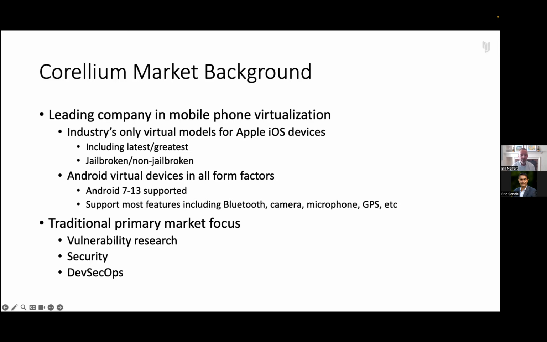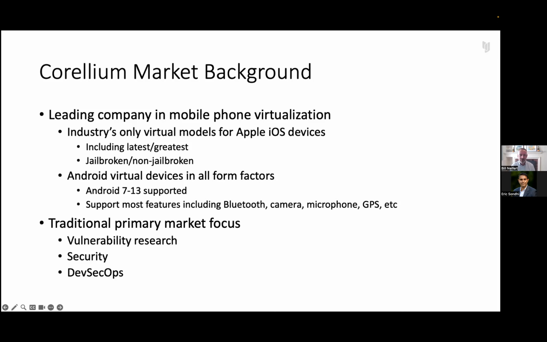Well, we've existed for around 5 years now, focused on virtualizing mobile devices, both Apple and Android devices, for security research. Our devices run at near real time and have the ability to run unmodified binaries for both Apple and Android devices. And we support all the fun features and sensors you'd expect inside of here, things like Bluetooth, camera, GPS, etc., to give you a richer experience and to analyze attack surfaces and make sure that these things are